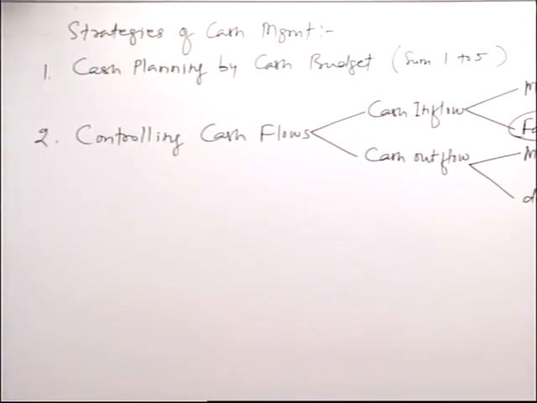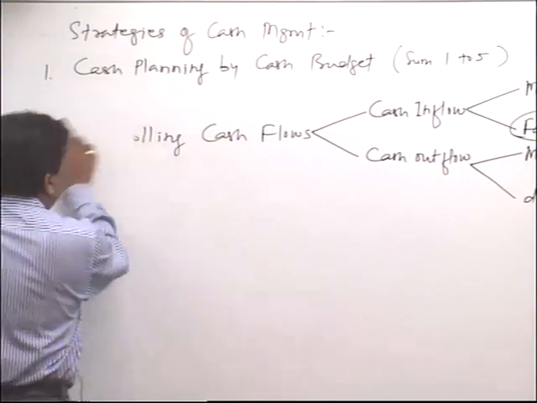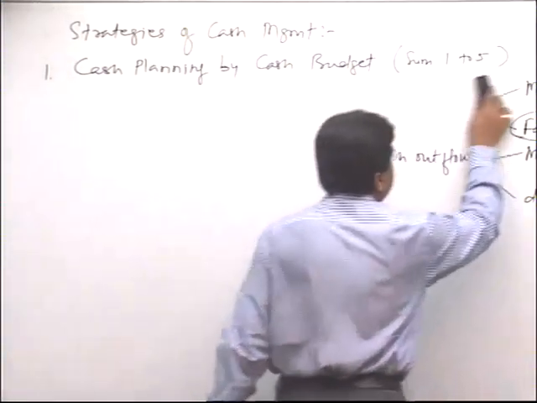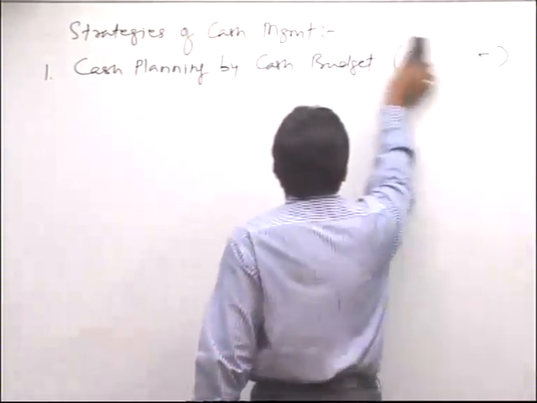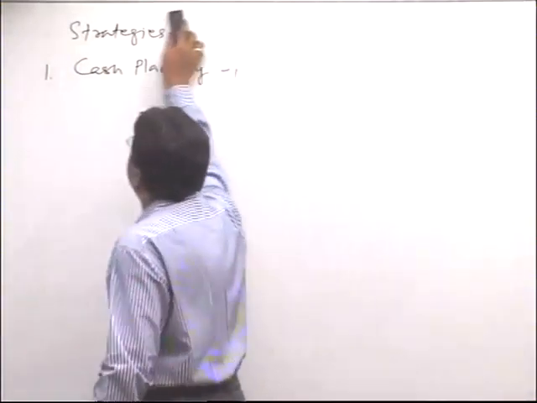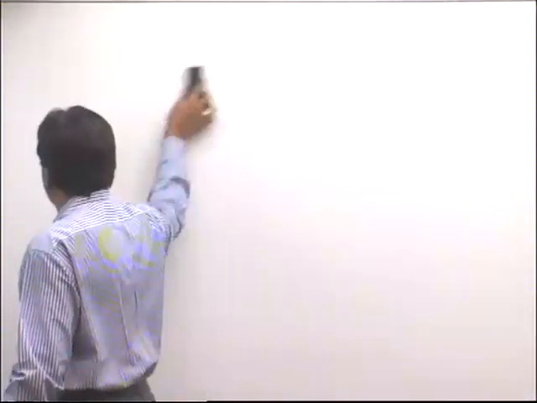Now please see the first page of your chapter, cash management. I am giving you 2 minutes just to read the first 3 and 4 paragraphs. There is one word called float. Please see what is the meaning of float and what is the meaning of collection float and payment float. Then what is the meaning of billing float, mailing float, check processing float and bank processing float.